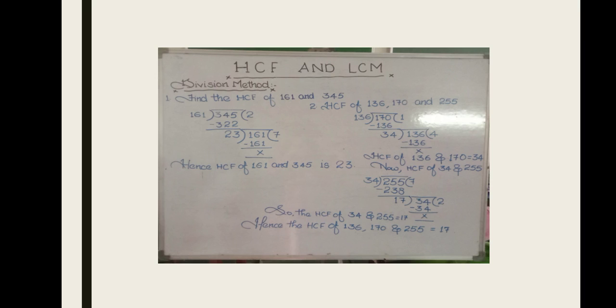Imagine we have 2 numbers given to find out the HCF. If it is a small number like 2 digit or 3 digit, and if it is divisible, it is possible to use prime factorization. But if bigger numbers are given, it is not easy to use the prime factorization method. It is a long process. So better to use the division method. Here divide the greater number, the bigger number, by the smaller one.